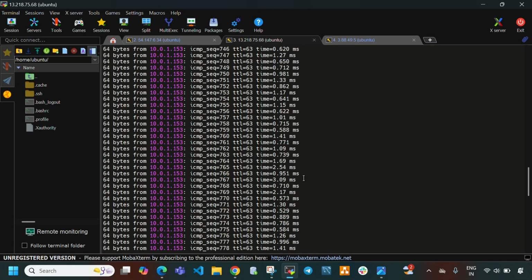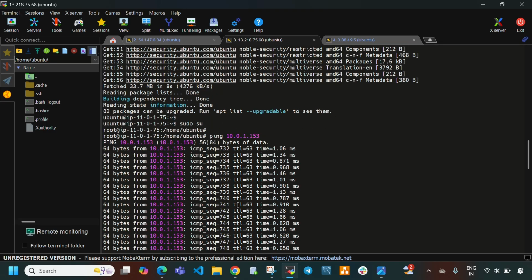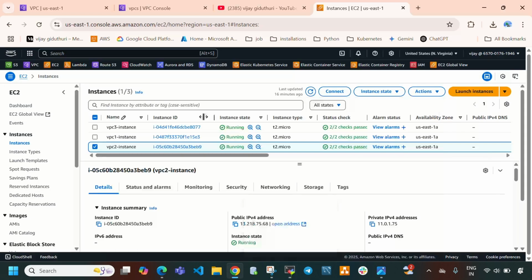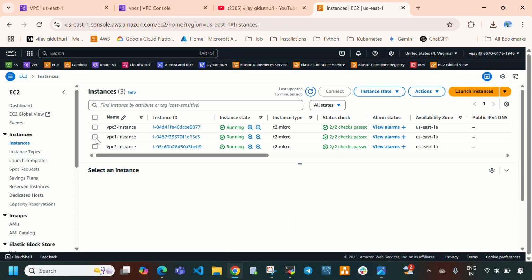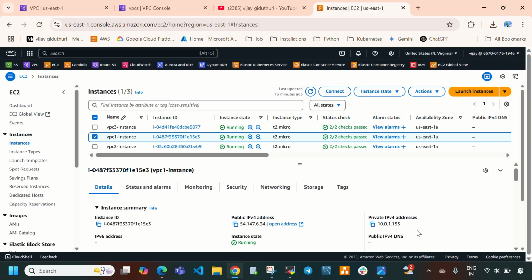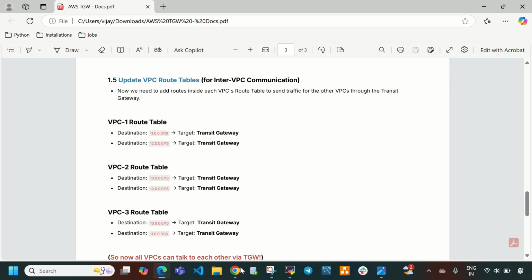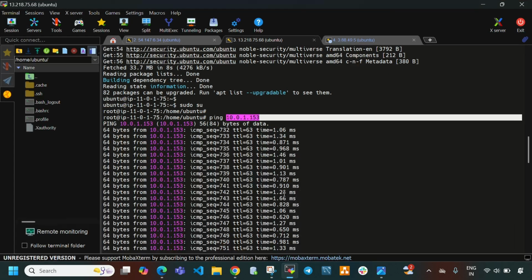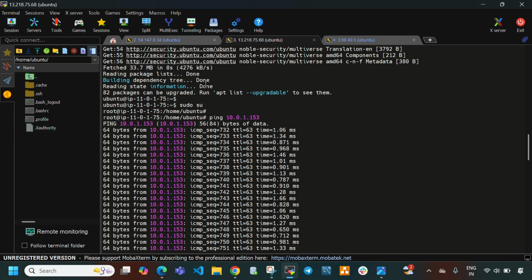So here you can see, sorry, this is 10.0.1.153, which is instance 1. Let me select here instance 1. So here you can see 10.0.1.153. So let me open this 10.0.1.153. So now this instance 2 can communicate with instance 1.